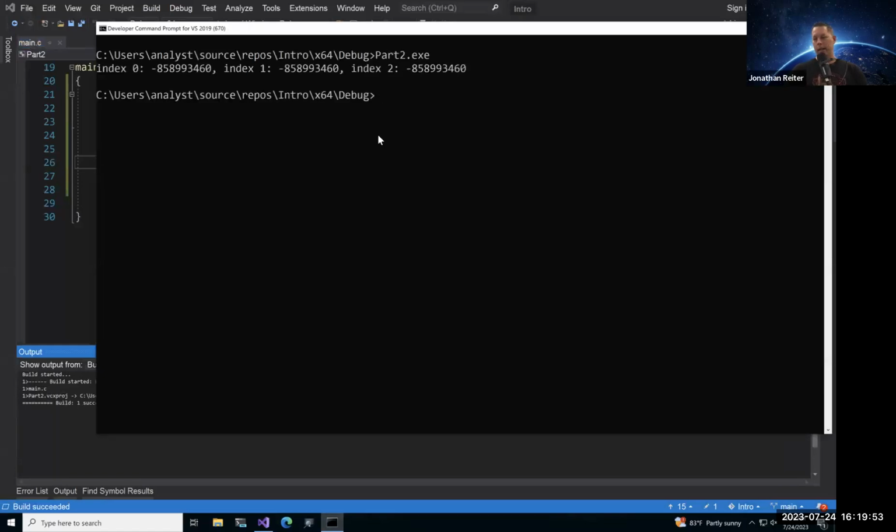Whoa, what is all that nonsense? All these very large negative values. What do you guys have? Do you have negative values as well, or some other kind of garbage? Let me know in Slack. You have anything that makes sense? What's up with that? Yeah, so I got my index 0 value here, and then we see that same value again, and again. Yeah, same values, uninitialized. Absolutely, it's garbage. Garbage data is here on the stack.